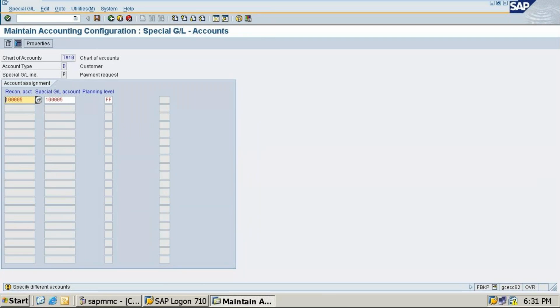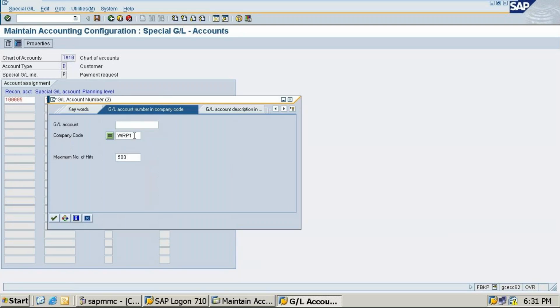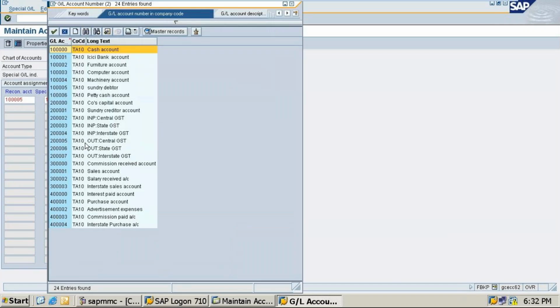So reconciliations and the creditor, dunning level, we have to create that account. We'll just check it out. What is that?